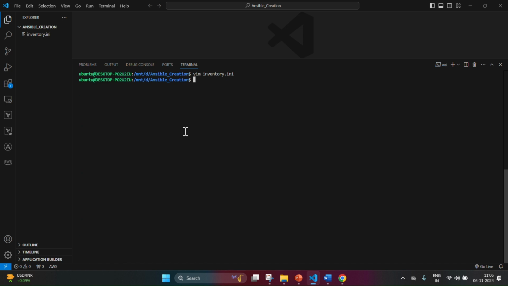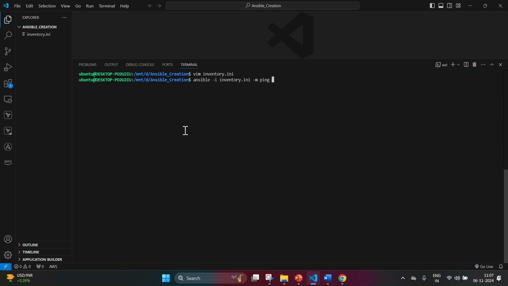So the inventory file has been created. So the next thing is ansible -i inventory.ini